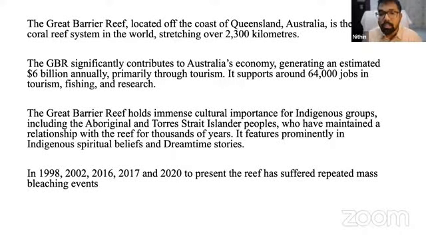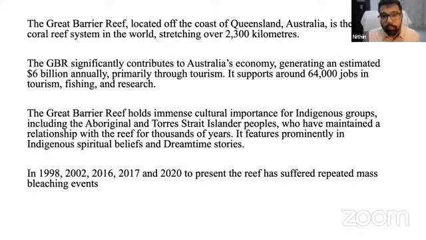regrow the reefs. So when coral bleaching happens, if it's not too intense or if it's not fatal, the corals can regenerate the algae living in it. So the government is trying to bring that back and to revive the reefs. But the rapid changes in the climate and where we are headed, it's unlikely that we will be able to revive the coral reefs as fast as required, because the bleaching is happening at a rapid pace, and the changes are not receding because the climate is changing at a rapid pace as well.